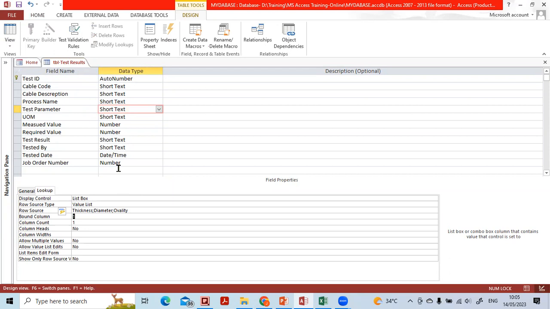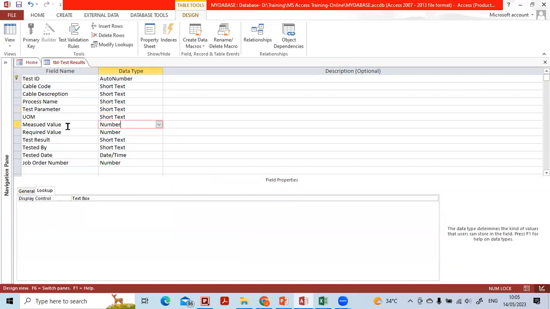Now, there is another function we have to see now. We have, I think, covered text to some extent. We still have some other things we can look at later. Now, measure value. Now, the measure value, if you go to this field here, what is showing here? It's showing you a number. Okay. Now,